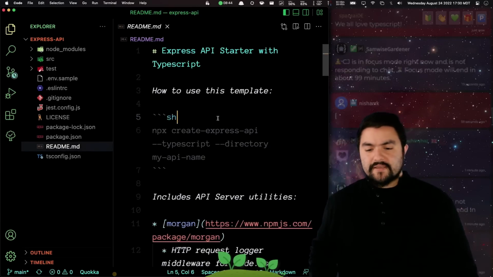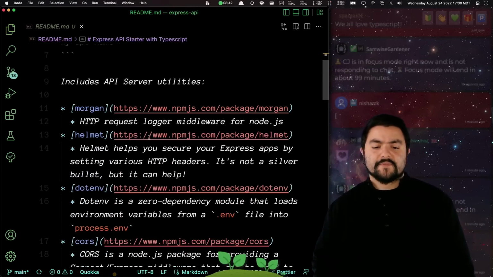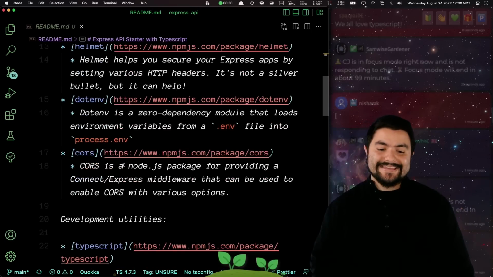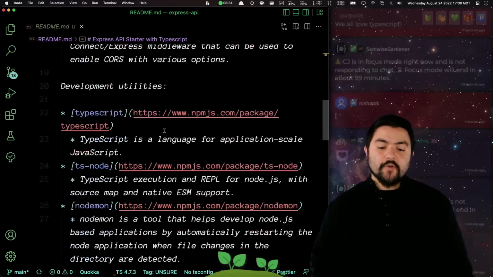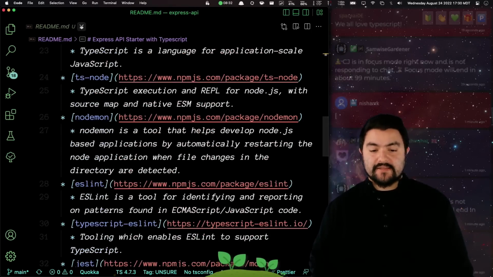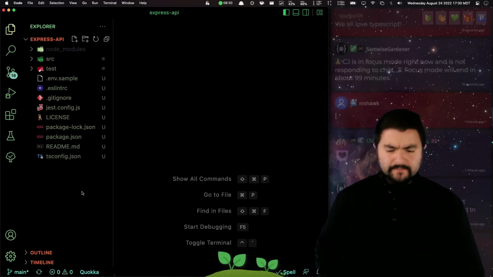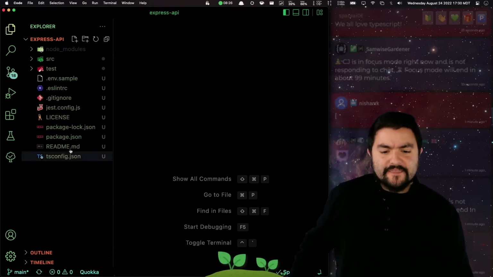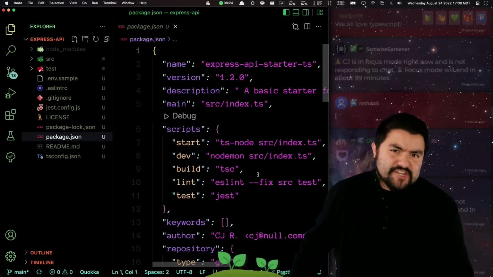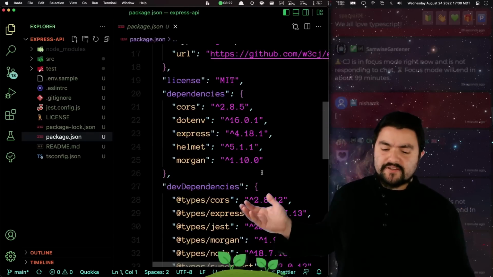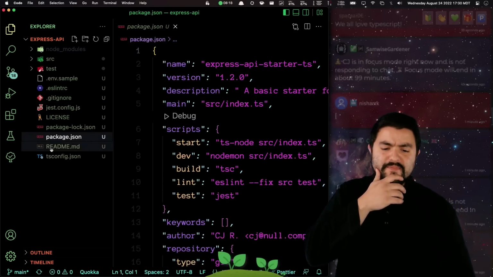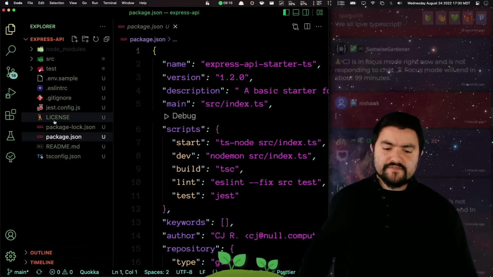So if you look at the README, I talk about some of the dependencies we have in here. So some of the middlewares we have for error logging and header protection and .env loading and CORS, and then also some of the development dependencies we use as well. I would say the main thing you need to worry about in the root folder is probably the package.json, if anything. This is where your dependencies are going to get listed if you want to add more, and you could change the start scripts. But pretty much all of these other files are just configuration files that you can leave